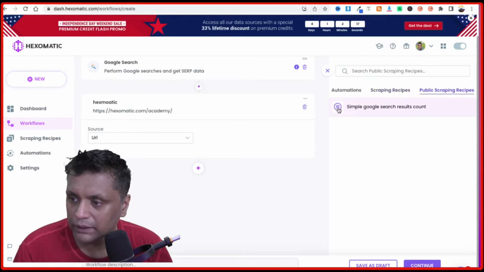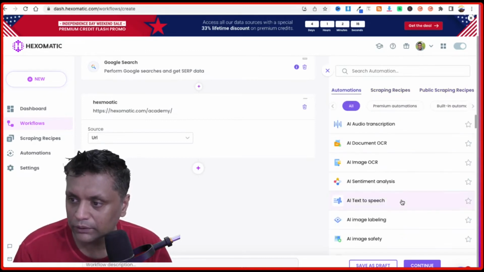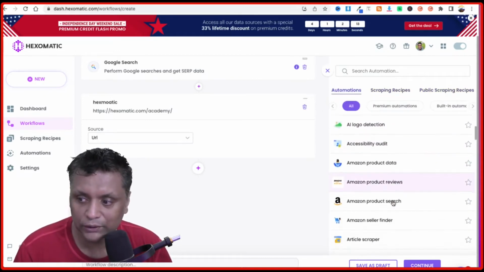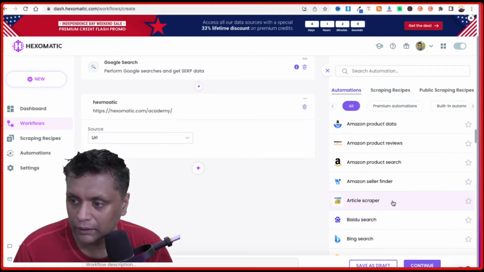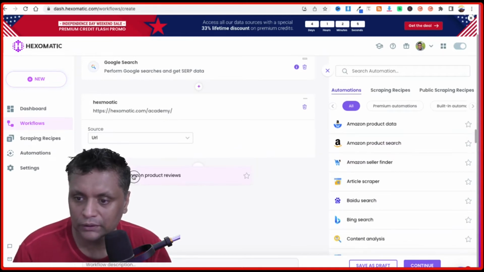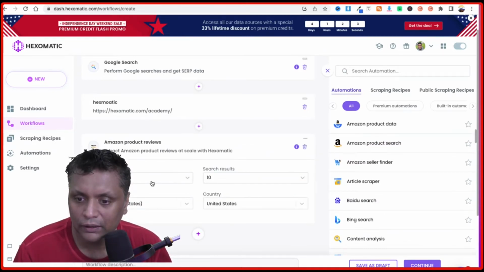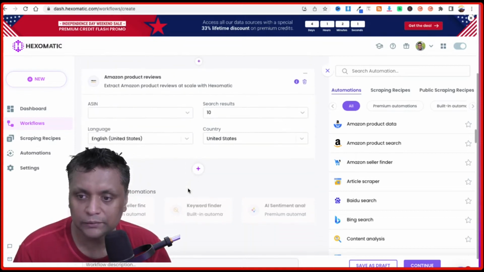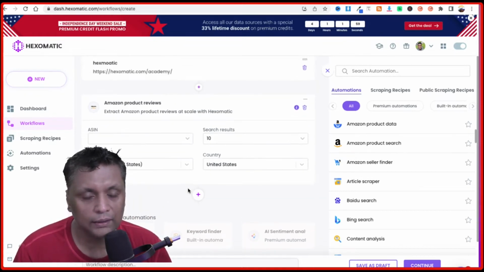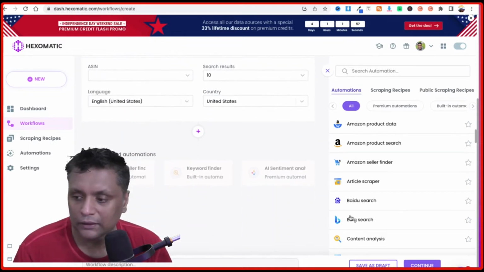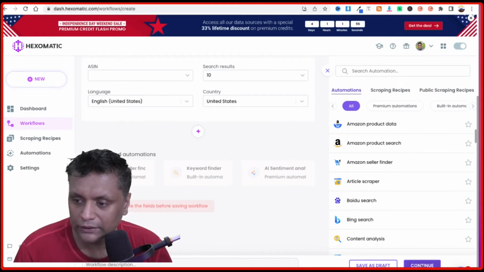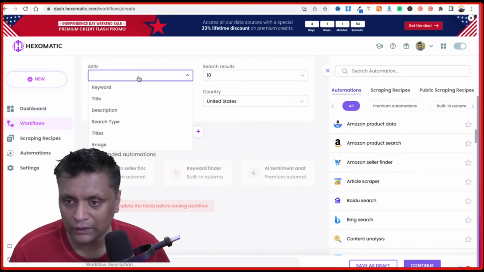And they have got these public scraping recipes as well. So depending on the kind of automation you would like to do, let's say we want Amazon product reviews, so just drag it over here, and you can give the information for the Amazon product, and then what you need to do is just click on continue.